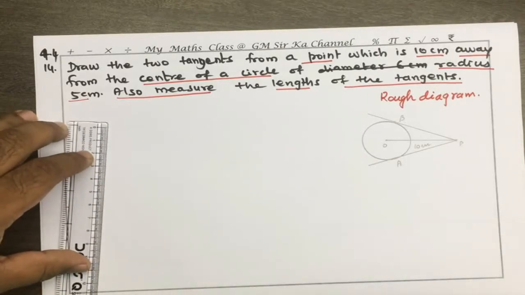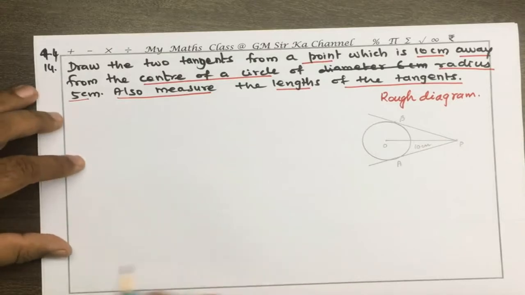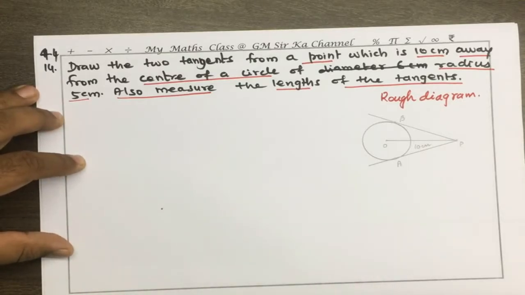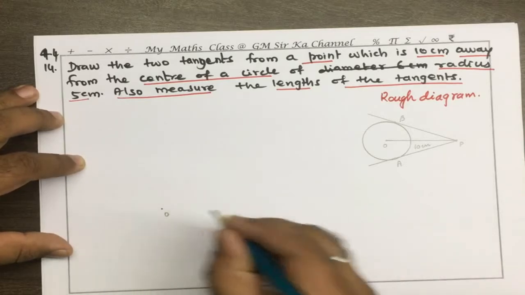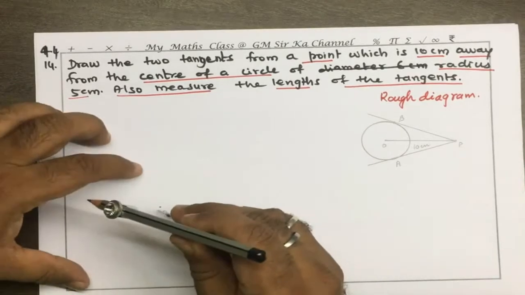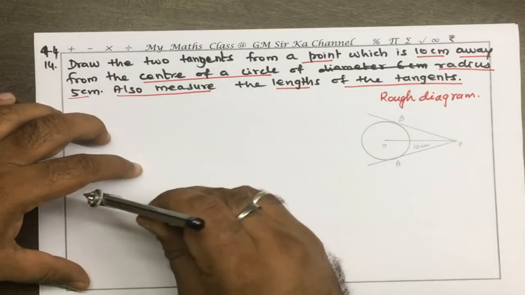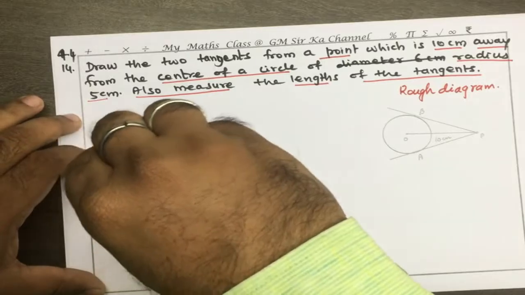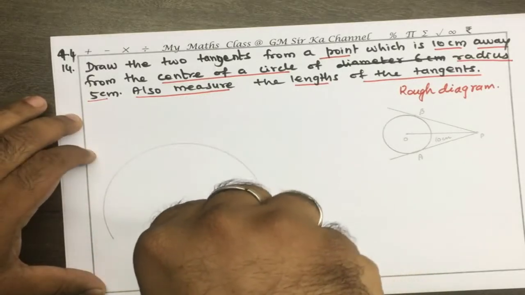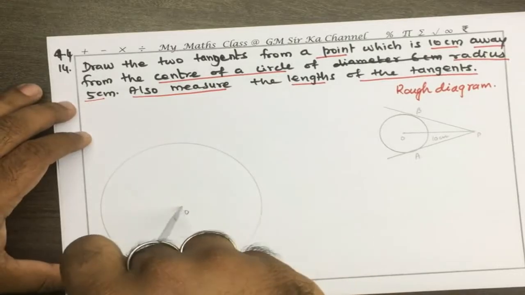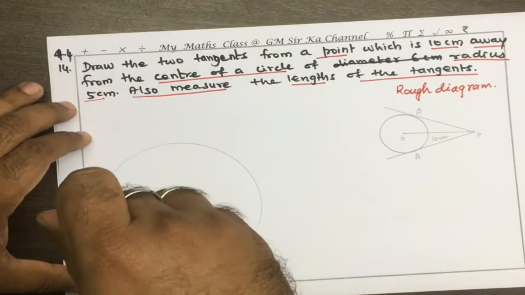Any point is taken as the center of the circle O. From that point now we have to draw the circle like this,